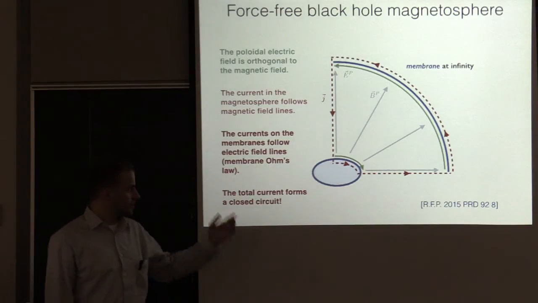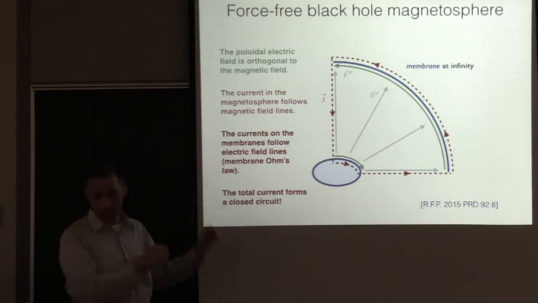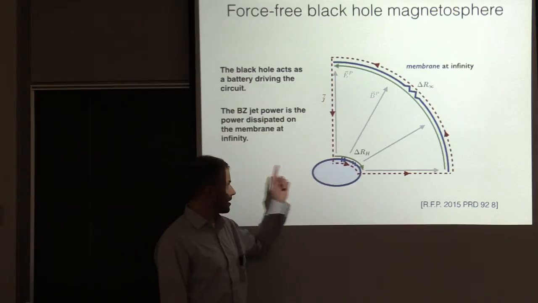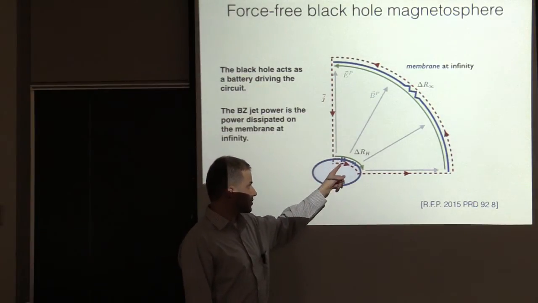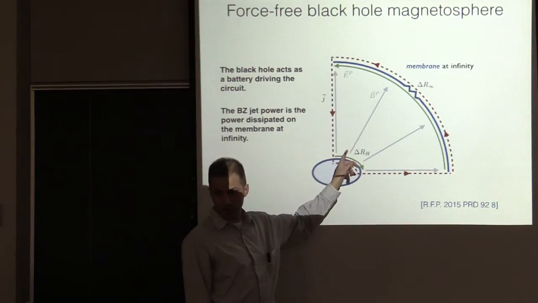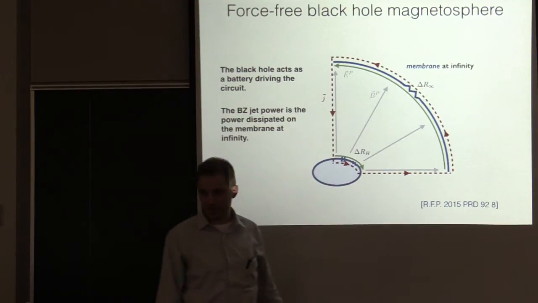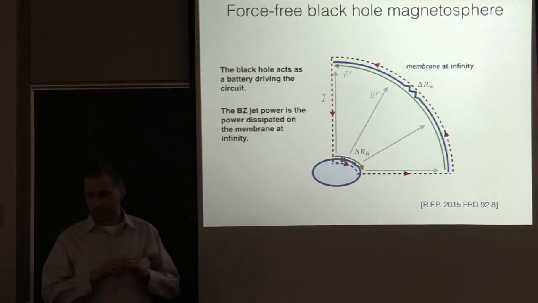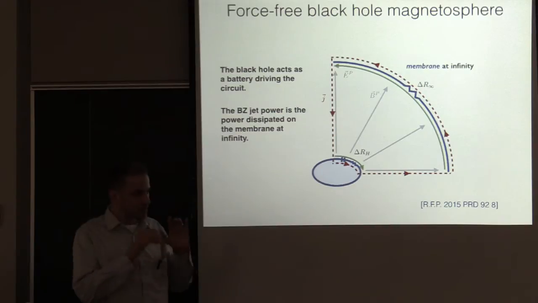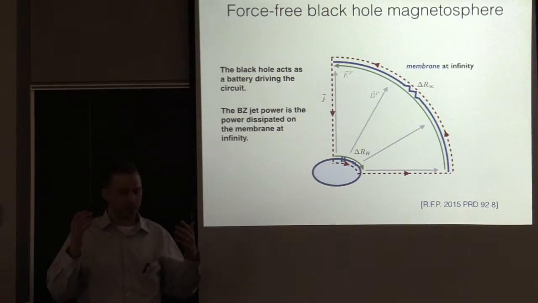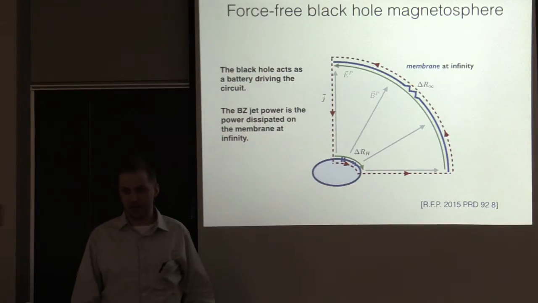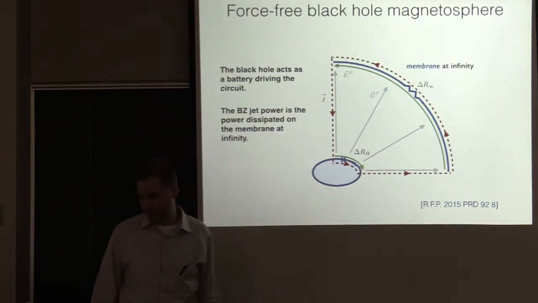So you set things up this way, and the jet becomes a circuit problem. It's a 3-element circuit. The black hole acts as a voltage source. It also has an internal resistance, that 377 ohms. And then there's also a resistor at infinity, another 377 ohms. So solving the equations becomes solving these circuit equations. The astrophysical observable that an observer would measure is power dissipated in the resistor at infinity. That's the Blandford-Znajek jet power.